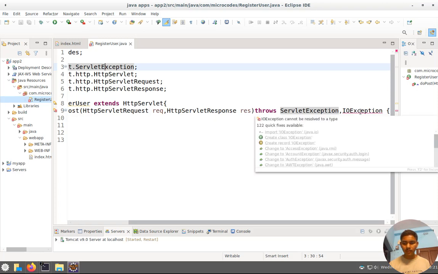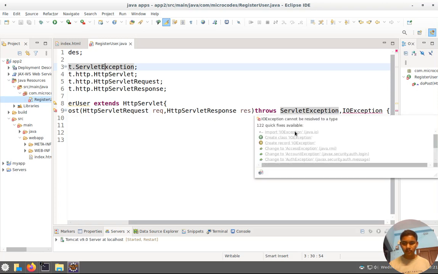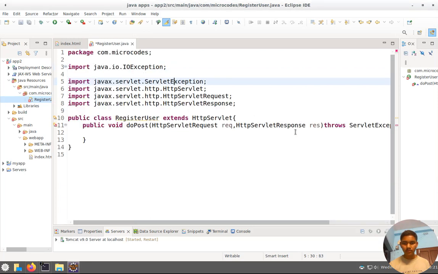I think the class is not imported. Okay, so click on import. Now if I save the file, as you can see, the error is gone. Now from here,